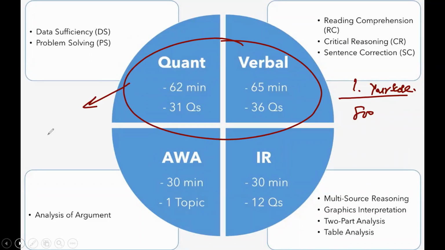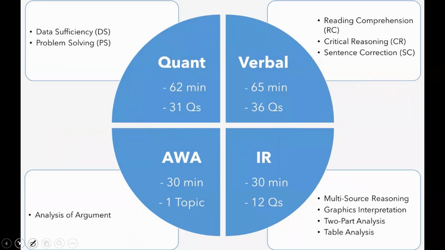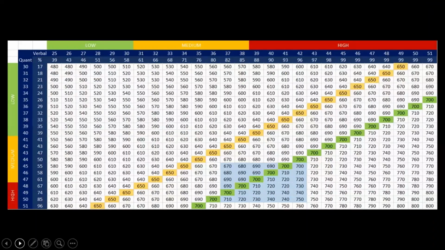Another thing, these sections are scored slightly differently from a linear scale, and each of them can give you a score between 0 and 51. Let's see what happens when you get these scores. So in this case, if this is the verbal score for you, you're given some rankings. If you get this up to 51, that is the maximum score. In the quant section, if you get up to 51, that is the maximum score. If you get 51 in both of them, you get a score of 800, as is evident.